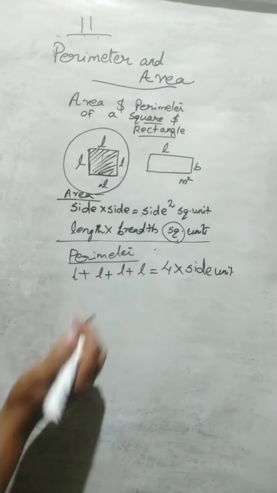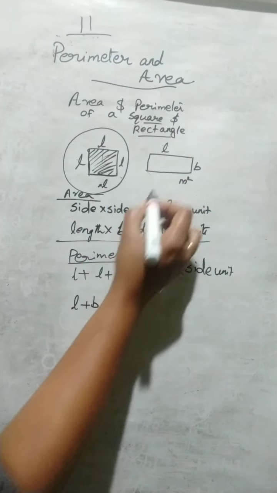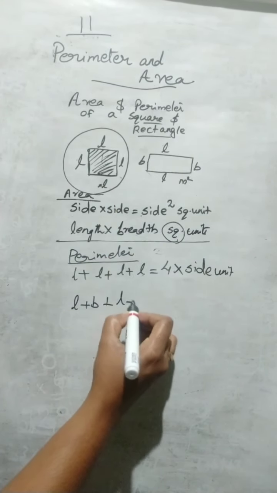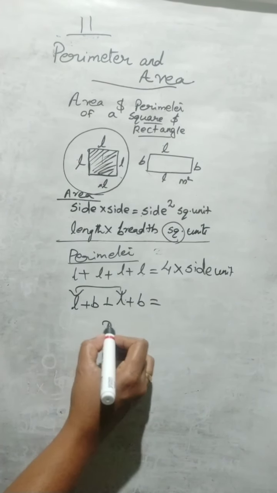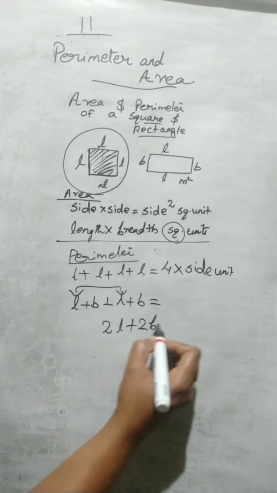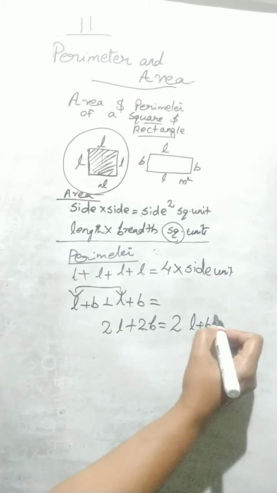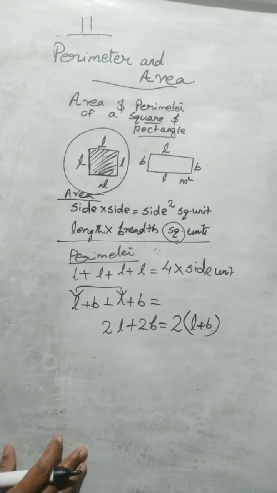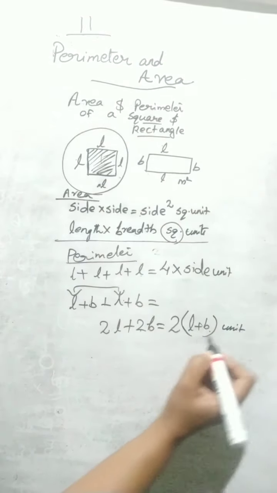Then in case of this rectangle, length and breadth. One length, here breadth will be there. Then here also length will be there. Here also breadth will be there. Length and breadth. That is equal to L plus L, 2 times L, and B plus B, 2B. From this, we can take 2 outside. Then add these two. That is length plus breadth, into 2. Always for perimeter, for the rectangle. Clear? That much unit. There is no square for the perimeter.